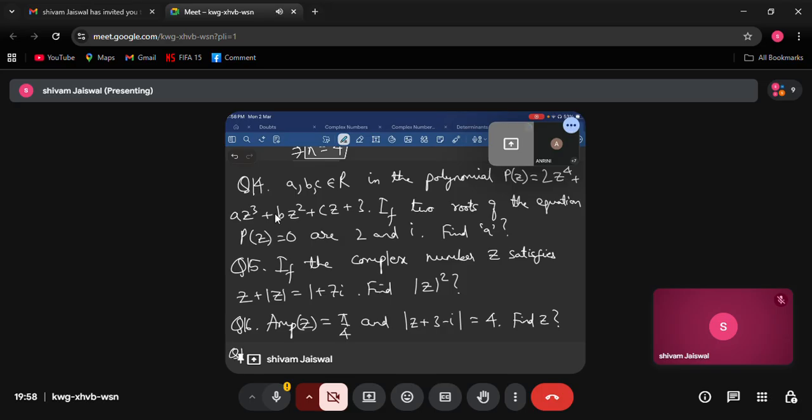Question number 17. Let Z1 and Z2 be two complex numbers satisfying mod of Z1 is equal to 9 and mod of Z2 minus 3 minus 4 iota is equal to 4. Find the minimum value of